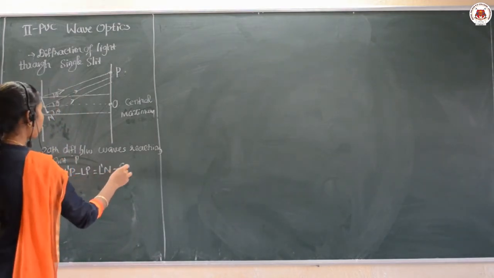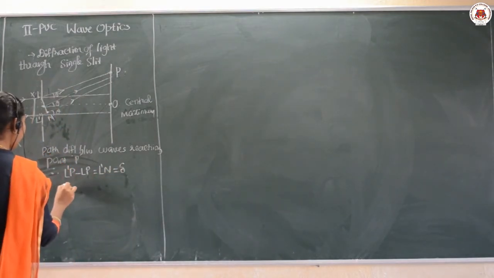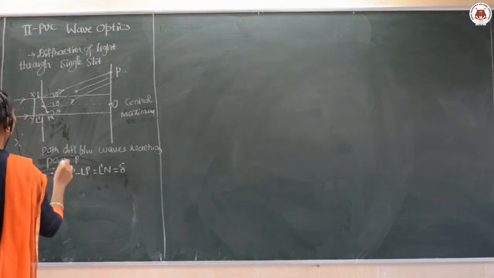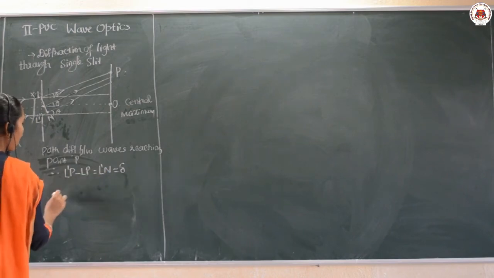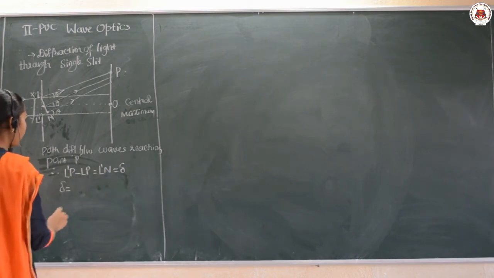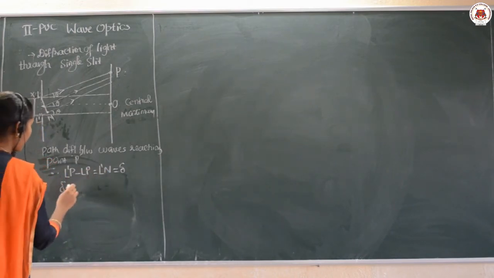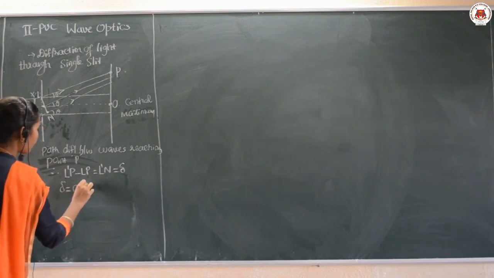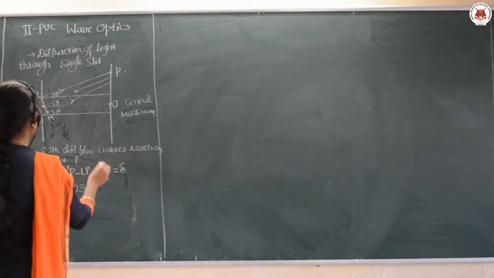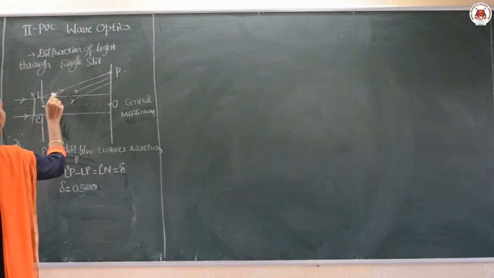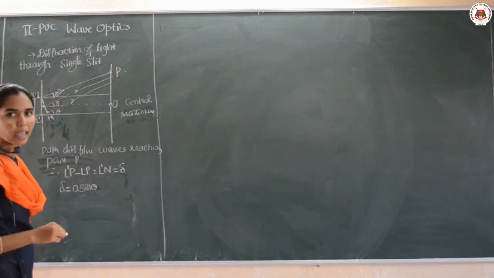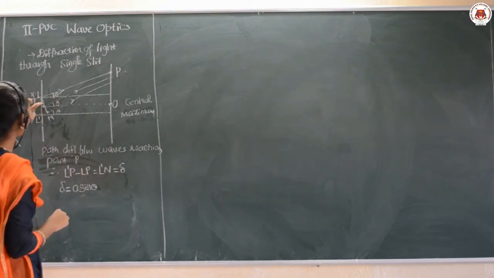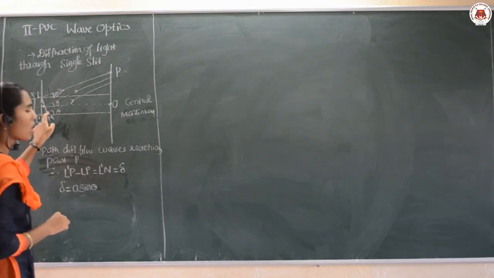Therefore, if you apply the delta here, then that delta can be given as L dash N. In place of that I can write it as A sin theta. How is that L dash N taken as A sin theta? Here, if the angle is theta, then remember this angle, angle L dash L N, will be theta. Which is the opposite side for the theta? L dash N is the opposite side.